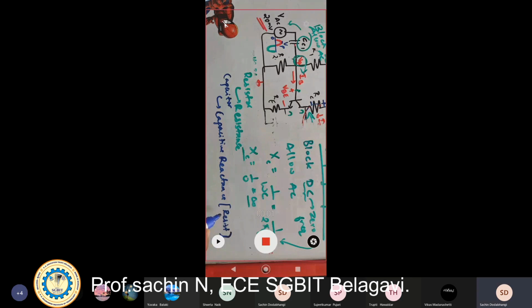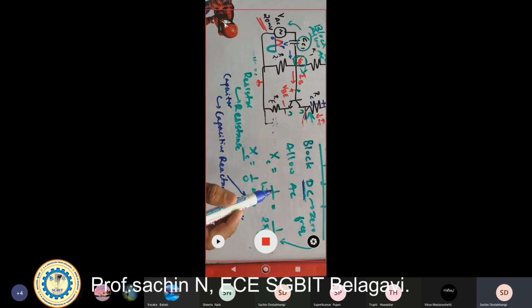So if the capacitive reactance is infinity, it is going to block. If it is 0, then it is going to allow it. Getting it? So if there is any DC flowing through this capacitor, it is going to block that frequency. It is going to block DC and allow AC.